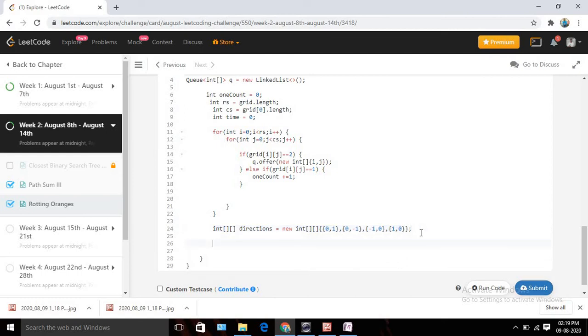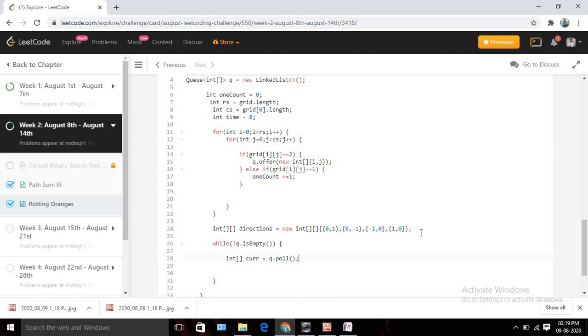So let's start our actual logic right now, right? We will iterate till our queue is empty, right? So we can use the inbuilt isEmpty method, and we will loop till it's not returning false, right? True, right? Whenever our queue is empty, we are going to stop our execution, right? Now I need to poll one element, right? So let's poll one element. It should be int[] current, and it should be queue.poll.